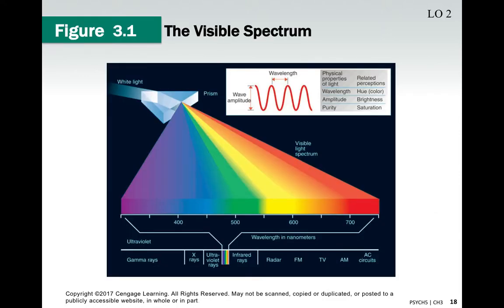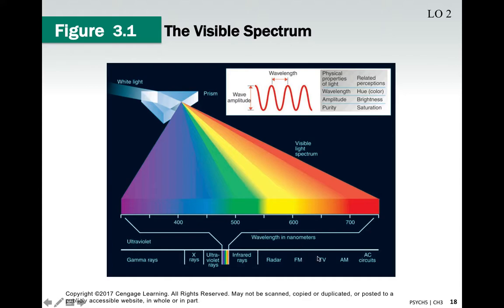So this is what I mean by the visible spectrum. If you look down at the bottom of this graph, here's my mouse, you can see I'm circling this little strip of light. This is all the color that we can see, but by no means is this the whole spectrum of light or wavelengths. In fact, there are far more wavelengths out there that we just can't see.